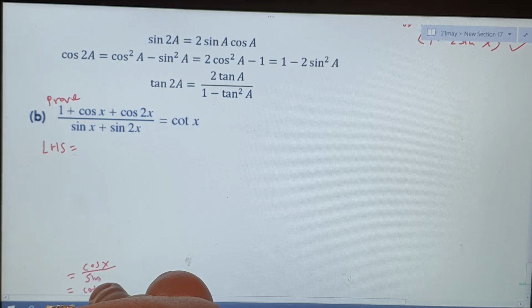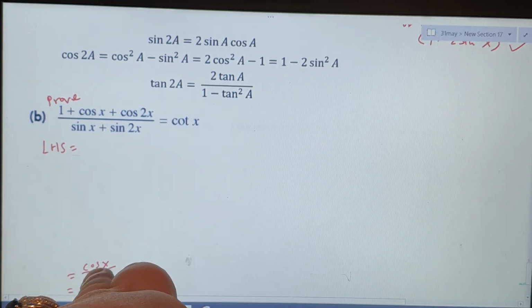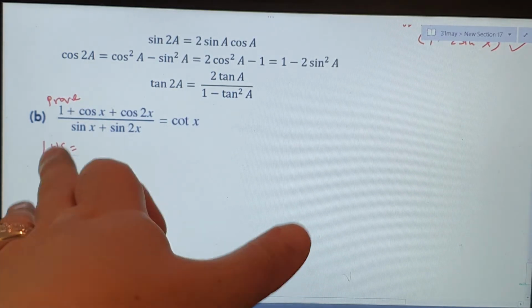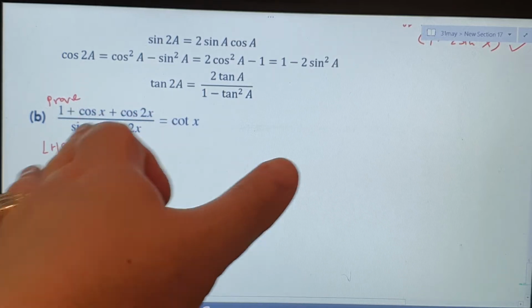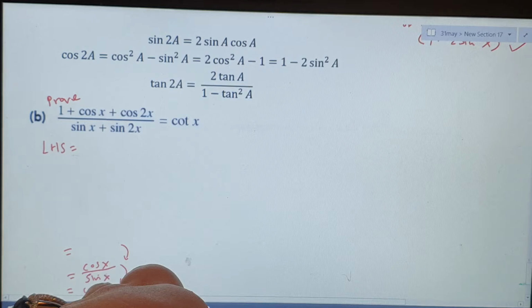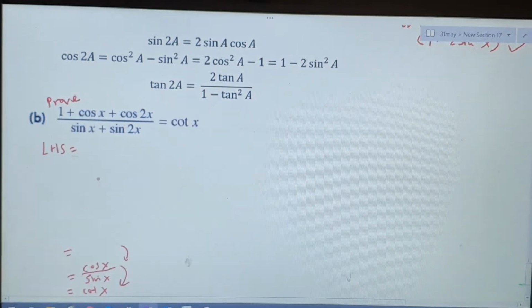We learned this, right? Cotangent x is cos over sine. That means you must try to work this whole thing out such that you end up with only cosine at the numerator, sine at the denominator. But now we have a problem. Sine we actually have, but there's another sine 2x here. That's a problem. Then the cosine actually we have, but there's a 1 and there's this thing here, cos